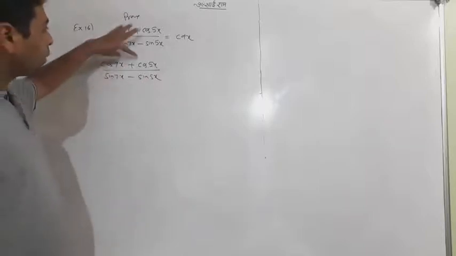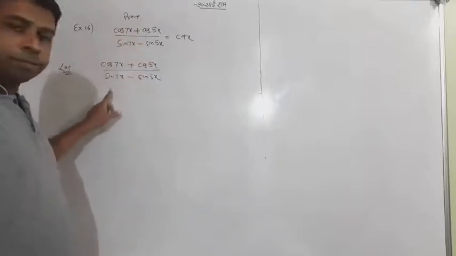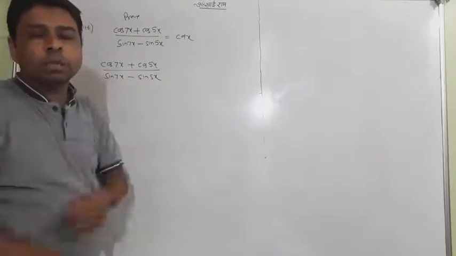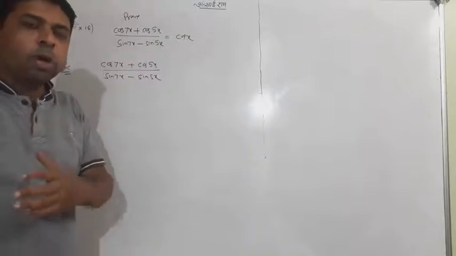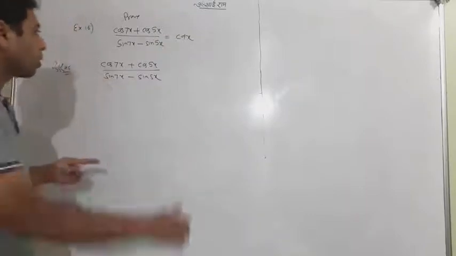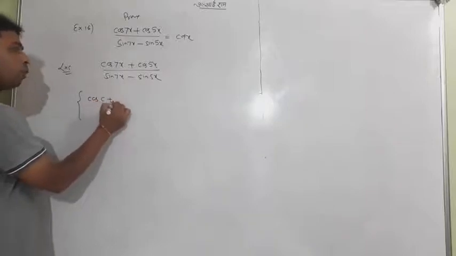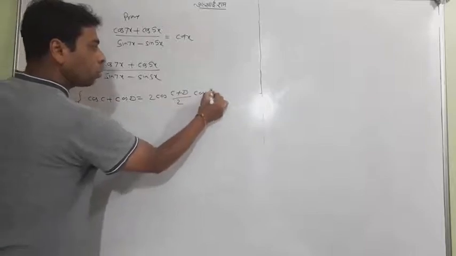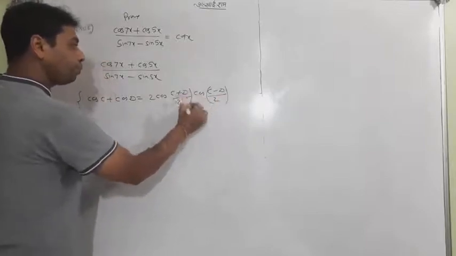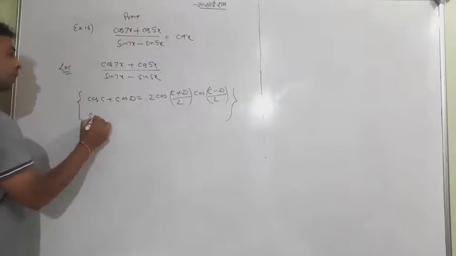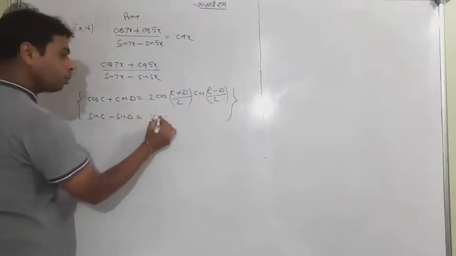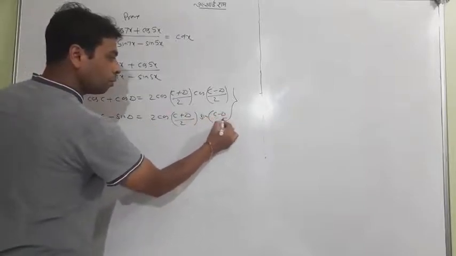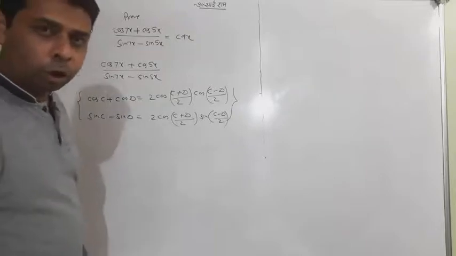Now can you compare the numerator as cos C plus cos D and the denominator as sin C minus sin D? Because you know, recently I used this formula in front of you. I think now you are a bit aware of this formula. I am using the formula of cos C plus cos D, which is 2 cos (C plus D) by 2 cos (C minus D) by 2, and sin C minus sin D is 2 cos (C plus D) by 2 sin (C minus D) by 2. So do the practice, you can also remember the laws.